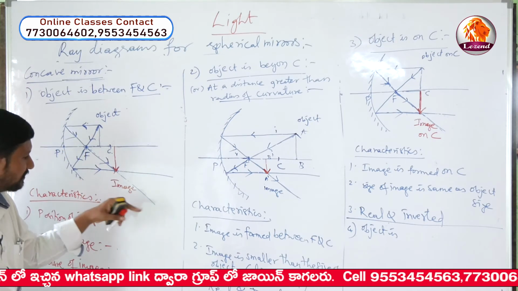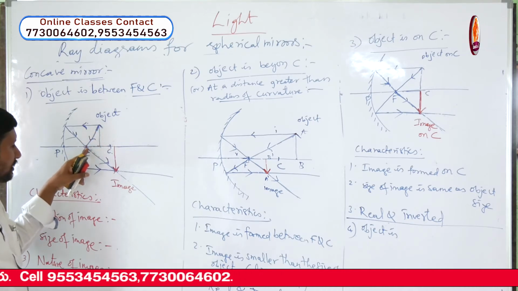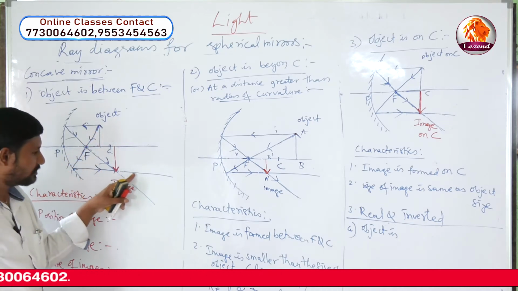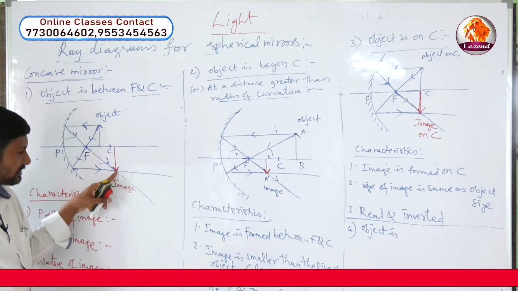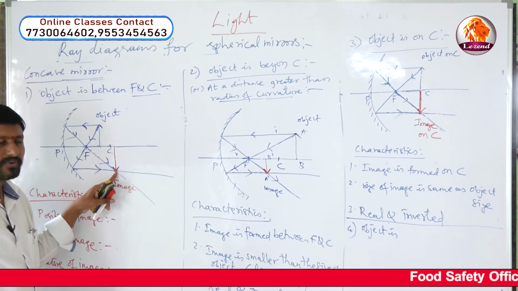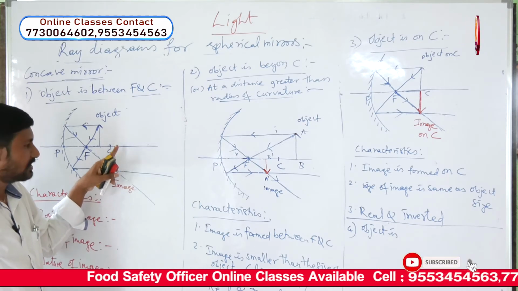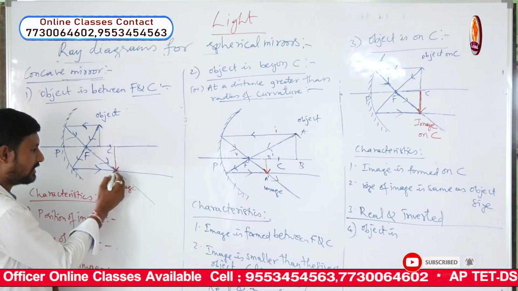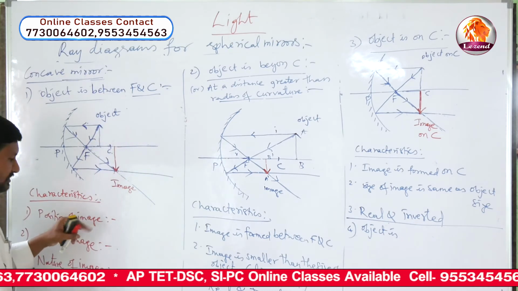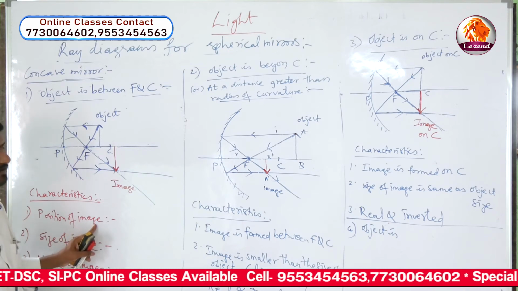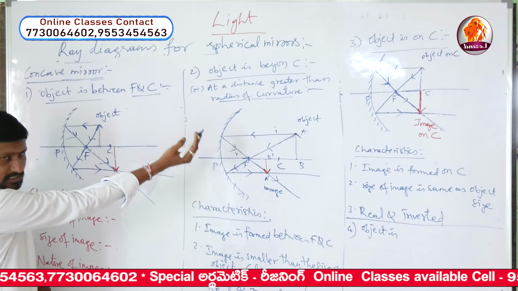This is the first reflected ray. And another light ray coming from the same object passing through its focus, after reflection travels parallel to the principal axis. And this first reflected and second reflected ray are intersecting at a point where you get the image. And from that point of intersection, if you draw a perpendicular line onto the principal axis which meets the principal axis at this point, this behaves like an image now. So this is the object, this is the image. Now let us see the characteristics. Where is the image formed? Position of image. The image, if you observe, is beyond the center of curvature, meaning outside C.